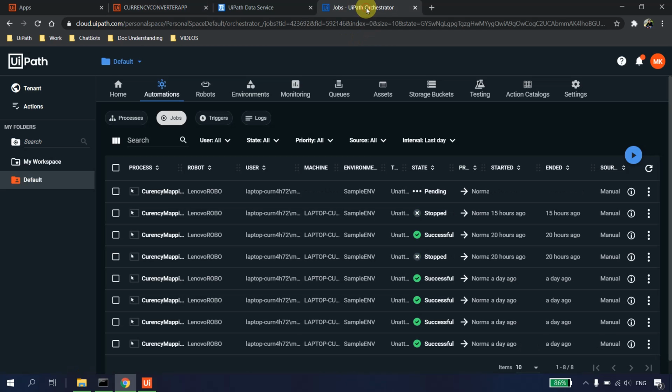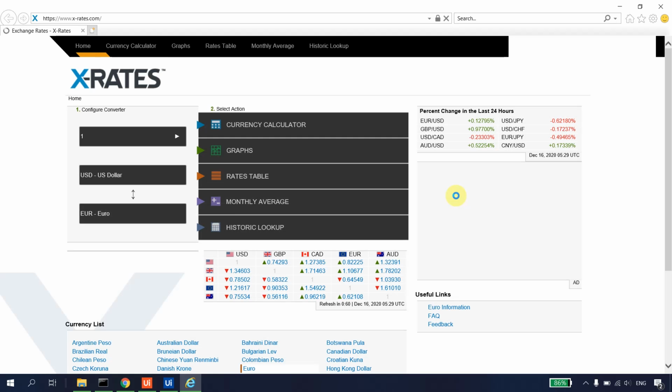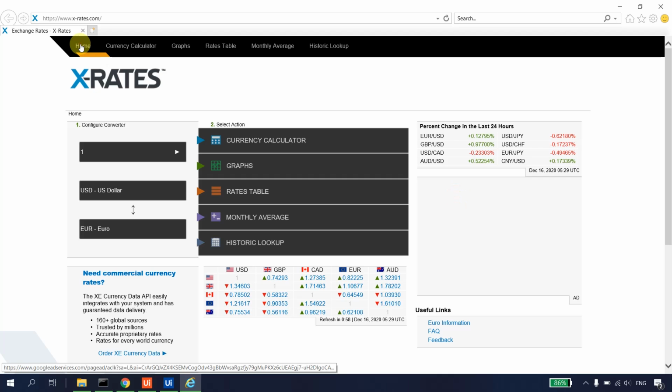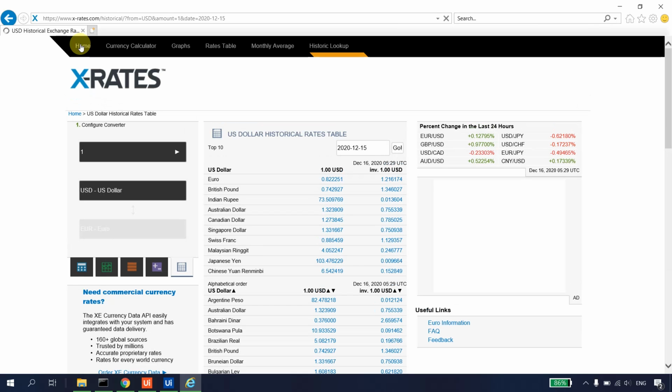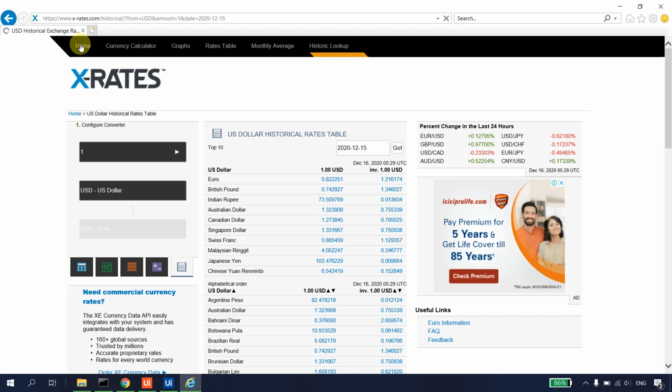Let's go to the jobs. Okay, and it is pending. So we can see the process has started and it has fired up the IE. Now it will type the URL. Next it should click on the historical lookup. Okay, it will refresh. Now it will put the first date in the date column,